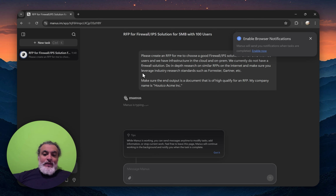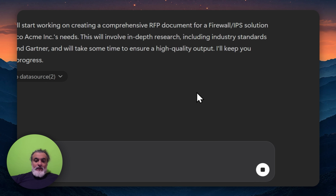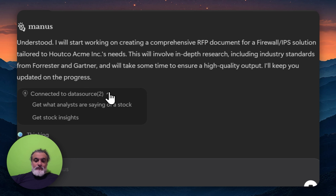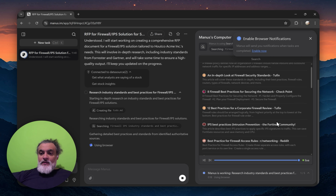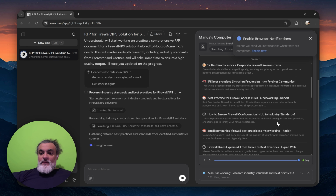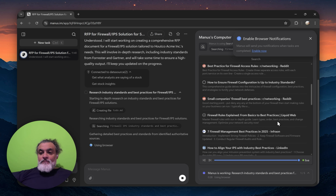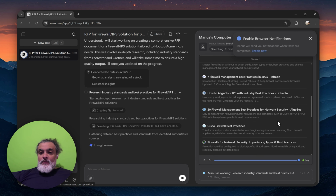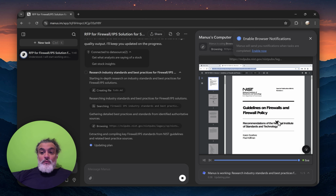So while the AI is running, I can send messages to modify the task, add information, etc. Okay, so now it's looking at industry standards for firewalls and IPS. It's already looking into Reddit. Ooh, okay. Fortinet. It's relying a lot on, oh, it's also getting some. Oh, whoa,